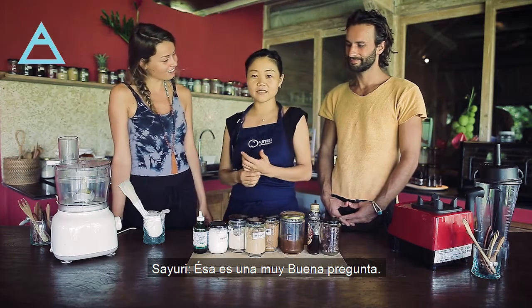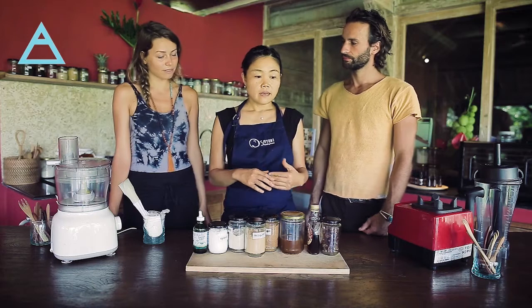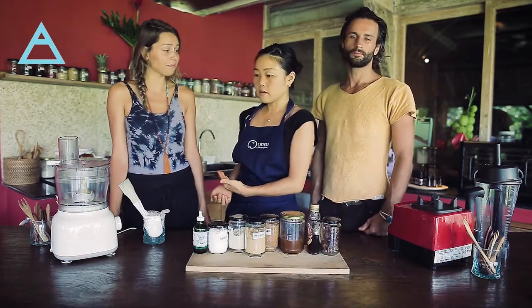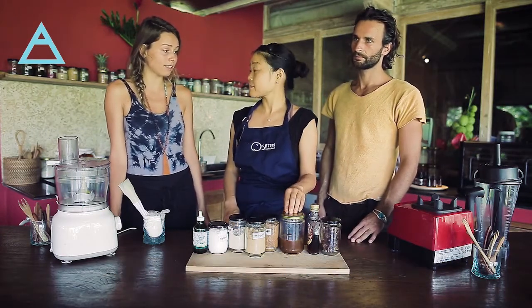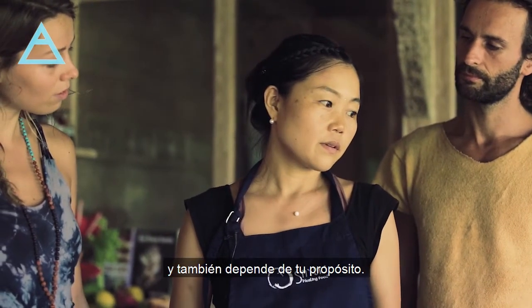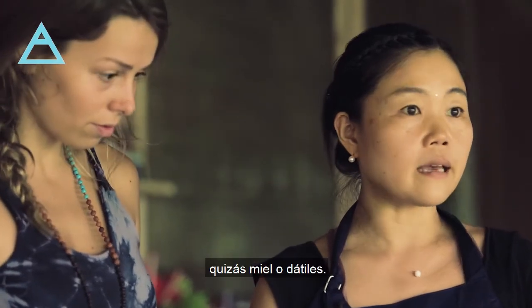Yes, that's a really good question. I think a lot of people have thought about it. What's the best sweetener to use? I think the choice of sweetener is very individual and also depends on where you are. So if you're living in Europe, it might be difficult to get the coconut nectar. Definitely. And it also depends on the purpose. If you want a higher vibrational sweetener, maybe honey or dates could be the